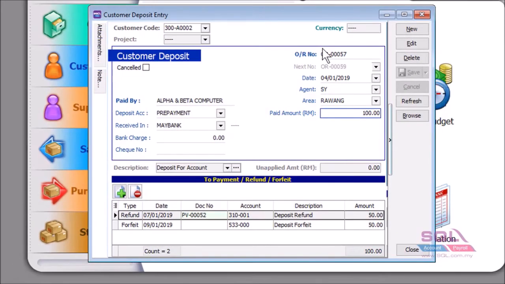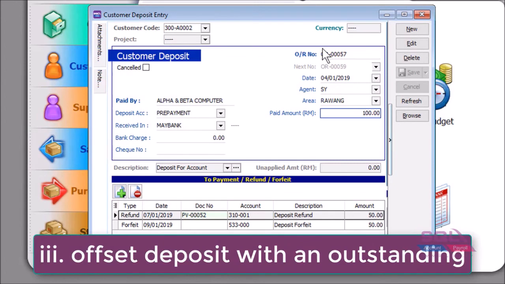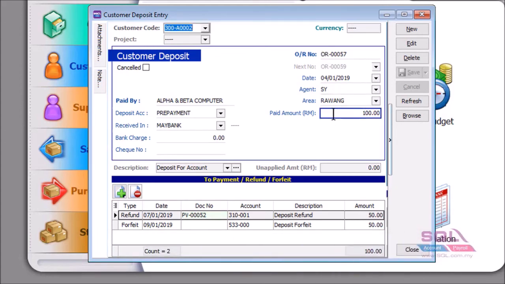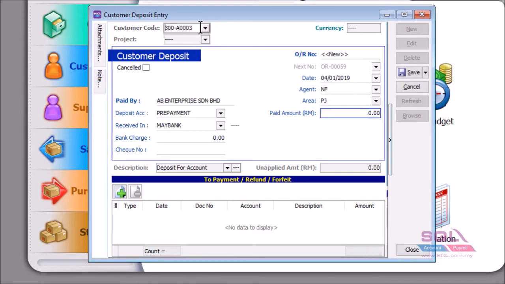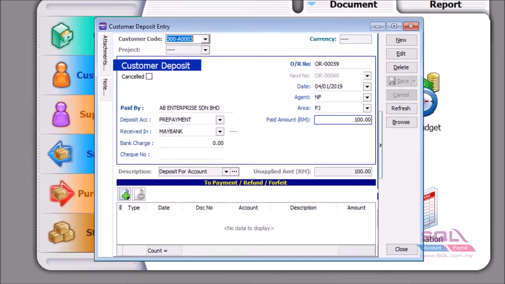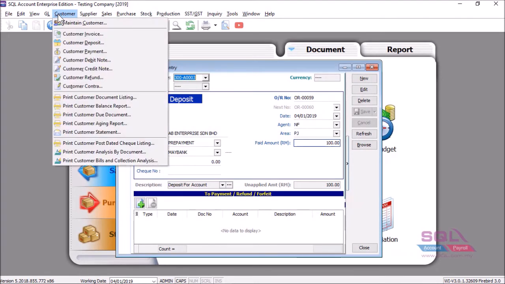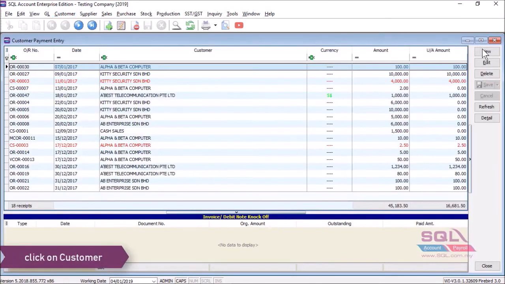To show you the last scenario, the deposit can turn into payment and offset with the customer outstanding. I will have to create a new deposit, because the current deposit has already been refunded and forfeited. So let's issue a new customer deposit. Let's say AB Enterprise, the amount is 100, and save. So in future, if I want to turn this deposit amount into a payment to offset the customer outstanding, I can just go back to the customer payment,